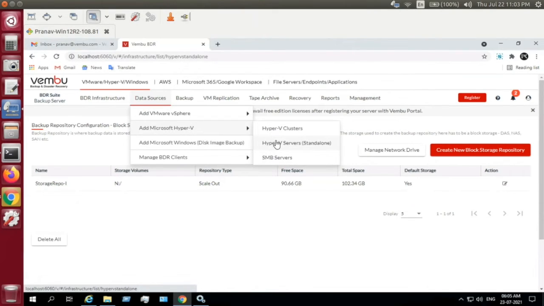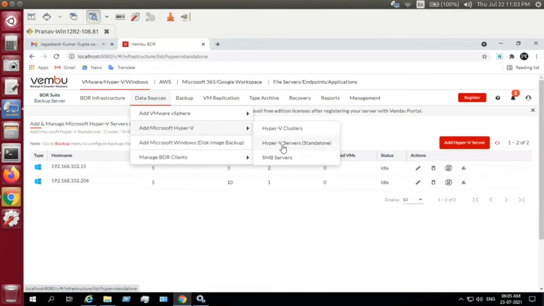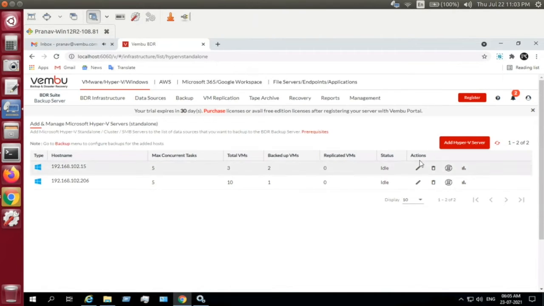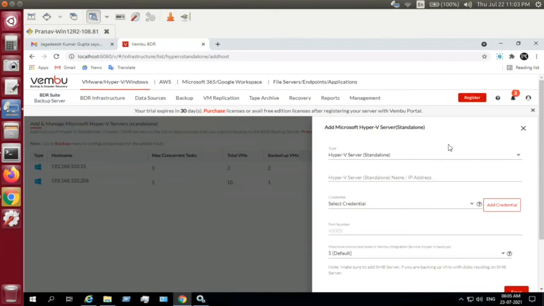Here I've added my Hyper-V standalone host. Click add Hyper-V server, give the IP address or DNS name of the standalone server you're trying to back up with its administrator credentials, and save it.